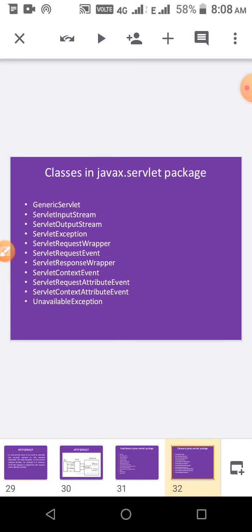The names are listed here. Similarly, these are the classes in the javax.servlet package. So whatever program you want to write in servlet, you need the package, and inside the package, the classes available are explained here: GenericServlet, ServletInputStream, ServletOutputStream, ServletException, and then wrapper, like this.